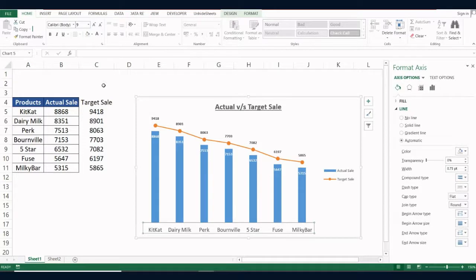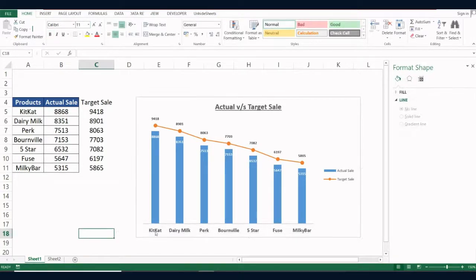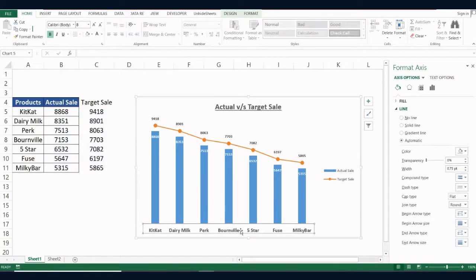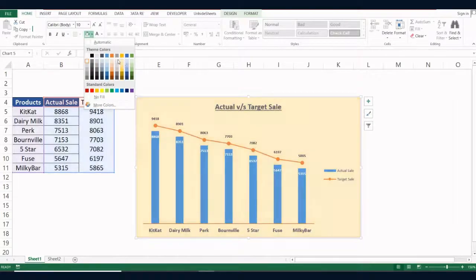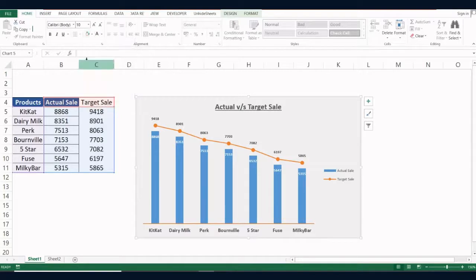Let's change the font of your x-axis to a little smaller. I'm doing Ctrl B to make it bold. If you want to change the color of this gray line, you can do so. Click on this element, this x-axis, and then you can change the color from here. Now our chart is looking pretty good, and you can also provide some background to your chart. You can do so by selecting your chart area and then filling it with any color that you want. I'm fine with the gray color, and we are done with the beautification of our chart.